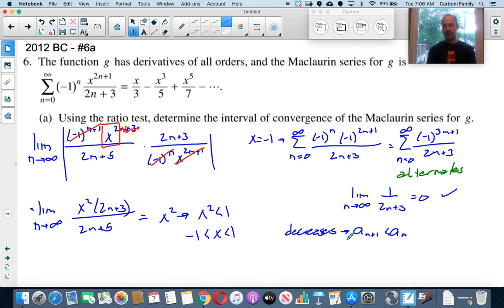So this one, my n plus first term would be 1 over 2 times n plus 1, plus 3. And that would indeed be less than 1 over 2n plus 3. So the series does decrease. That means we will converge for the left endpoint of -1. We still need to test